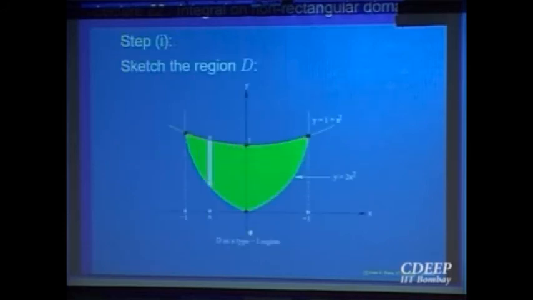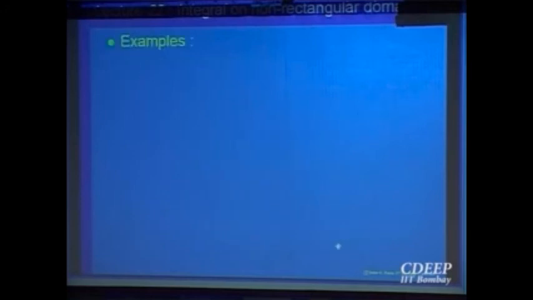So step 1, plot the region. Okay. Once you have plotted, you see that it lies between these two lines, x equal to minus 1 and x equal to plus 1. And for any point here, if I take the vertical line, it goes from this parabola to this parabola. So you know what is phi 1 of x, what is phi 2 of x. Once everything is known, once you have written the region properly as a type 1 or type 2, the rest is only computing using functions of one variable. Okay. So Fubini's theorem is the key for these computations.